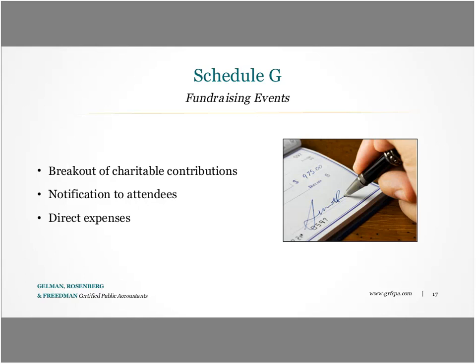In completing Schedule G, you'll take that value piece that we just talked about, the value of the ticket price, which is going to be the non-deductible part, and you carve that out of your gross receipts. This will leave the charitable contribution piece, or the tax-deductible piece, to report on line 2. Once you have lines 1, 2, and 3 completed, the remainder of the information will be identifying the direct expenses